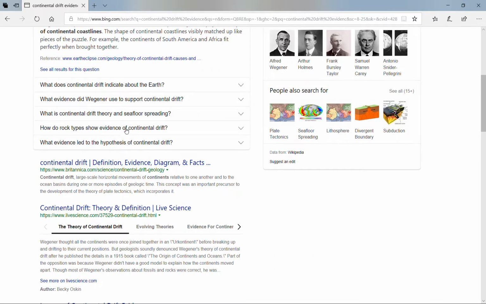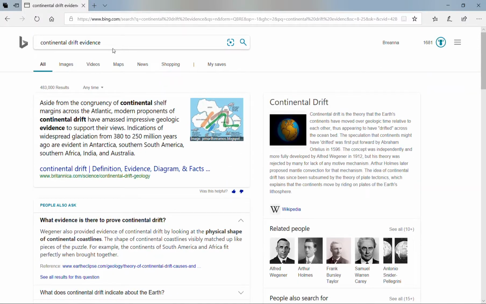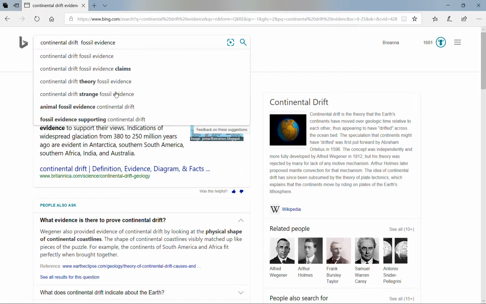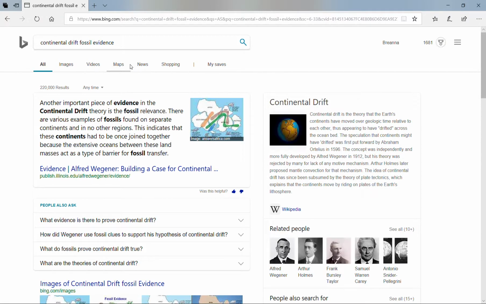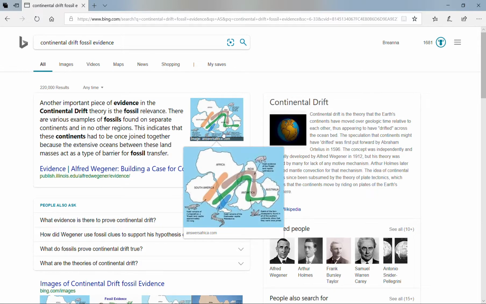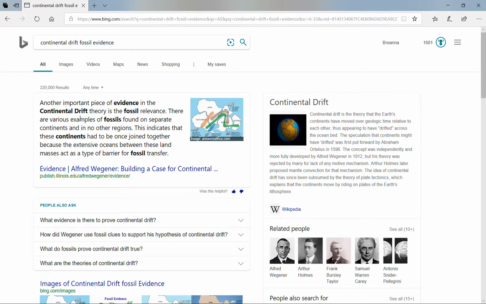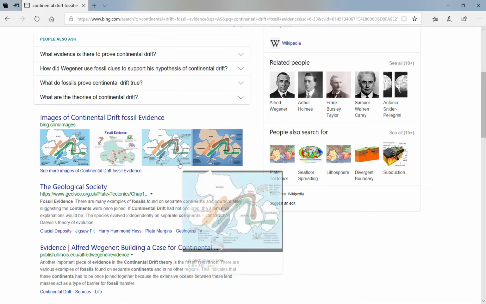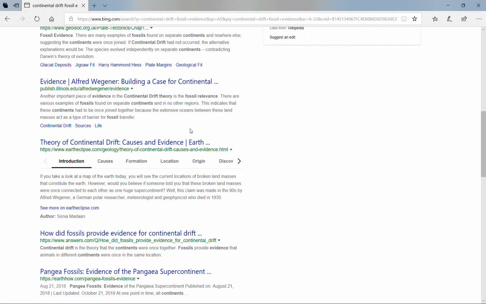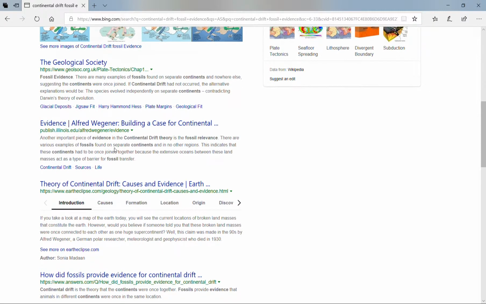And then, let me get a picture of fossil evidence. The fossil evidence is that some fossils were found in one area, and then fossils were found in another area. But when you looked at the coastlines to put them all together again, they would fit together. And then one other piece of evidence